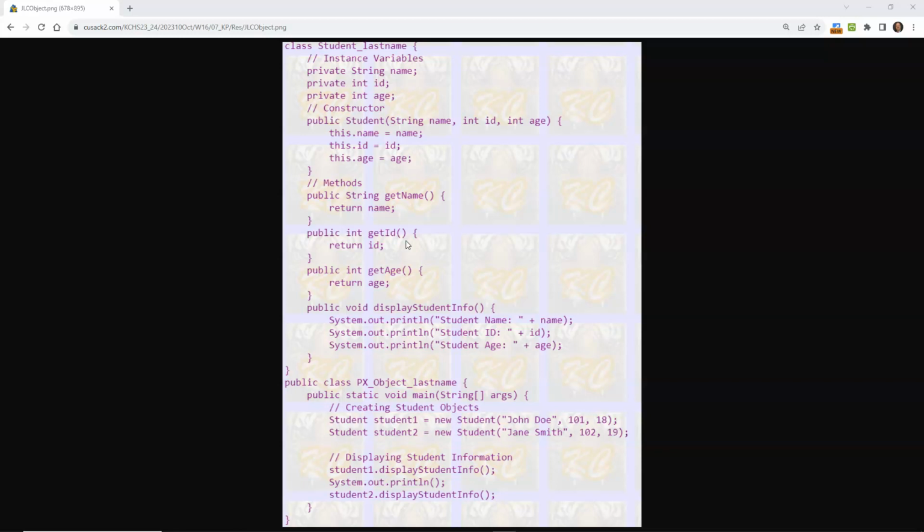And I put a couple of errors in here. One of the things that I always like to put in front of classes is the word public, because sometimes Eclipse will not interpret it correctly. So the other public class is going to be p underscore object underscore last name, which is part of the